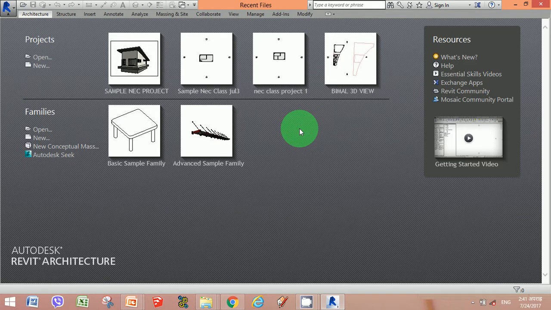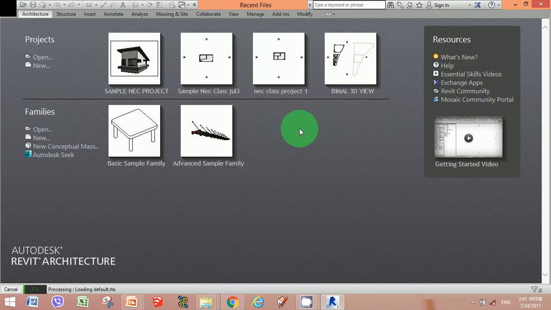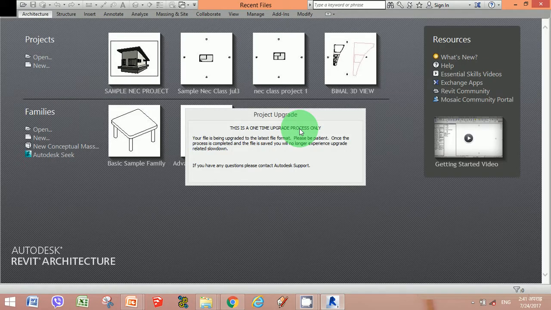Please be patient, because Revit software is a bit heavy on the designing side, and it would take some time to load, but the wait is worth it. Please be patient for a while, then you'd be ready for the designing process.